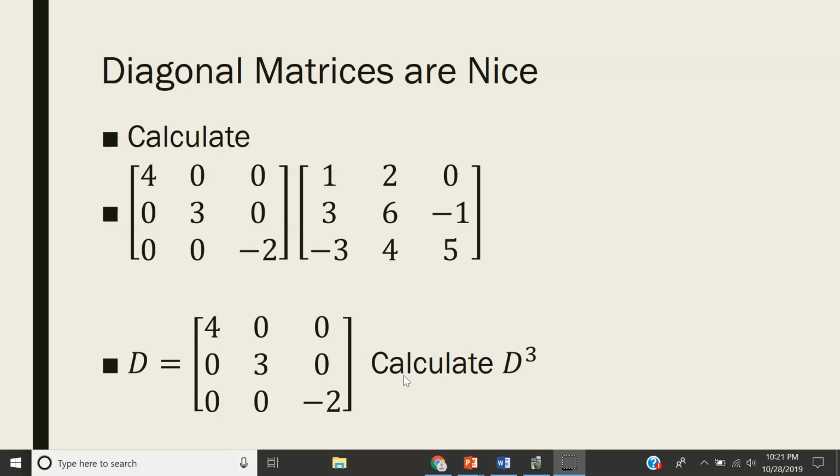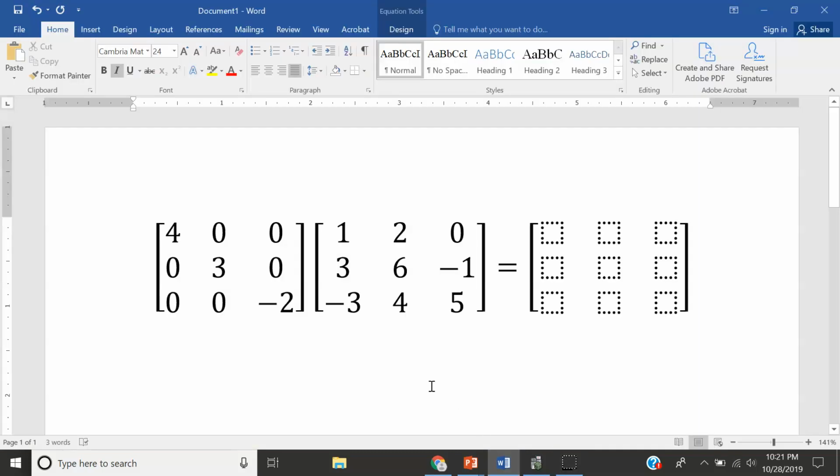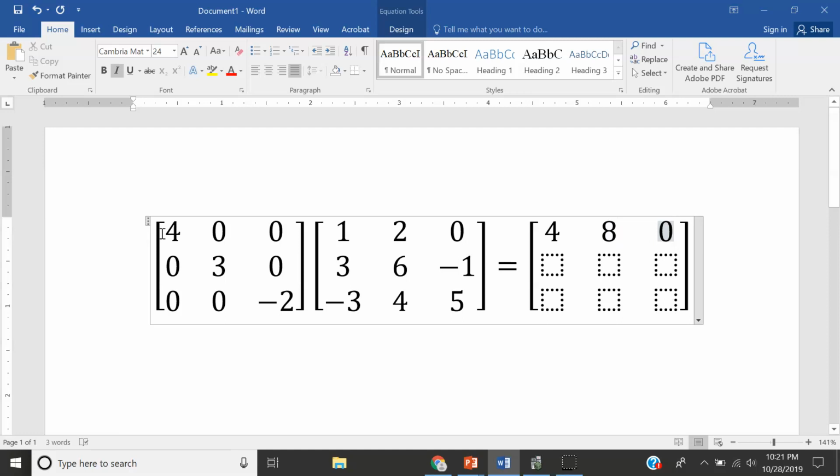All right, so here's what I got with that. When I took 4, 0, 0, multiplied times this matrix, again, 4 times 1 is 4, plus 0 times 3, plus 0 times negative 3. That just gives me 4. 4 times 2 gives me 8. The others will be 0. 4 times 0 gives me 0. So notice that what happened here is that basically the first row of this matrix just got multiplied by